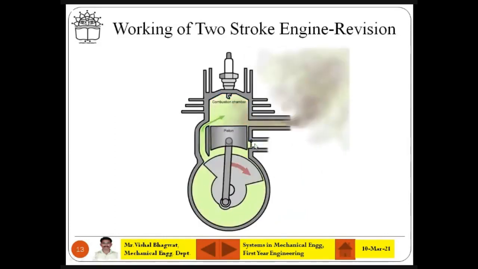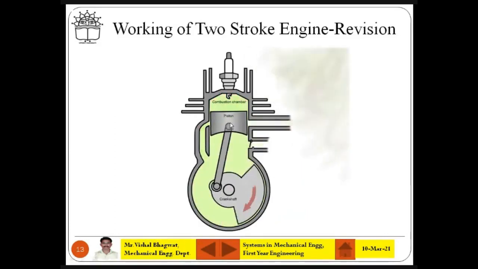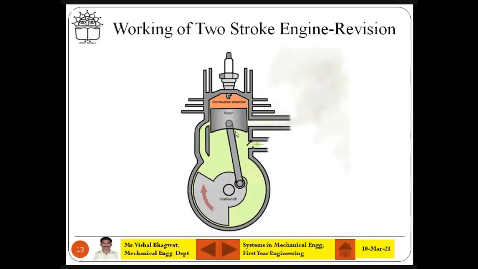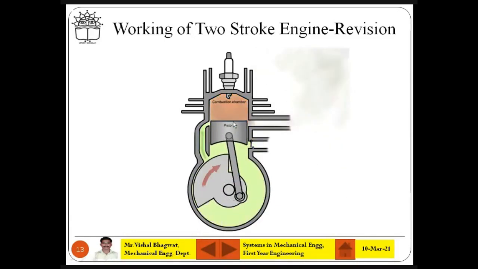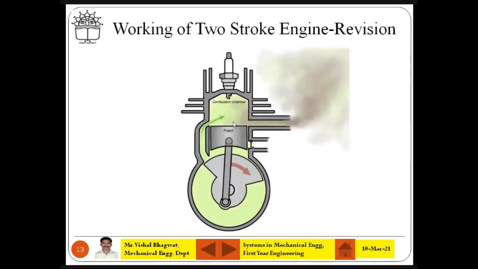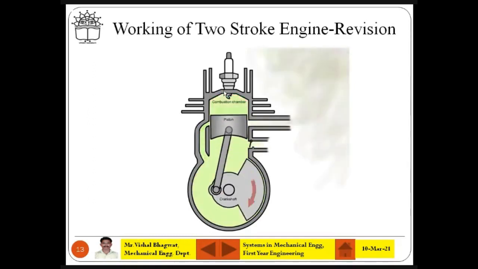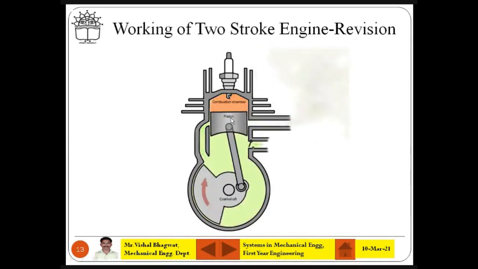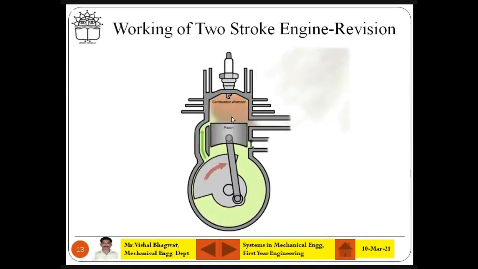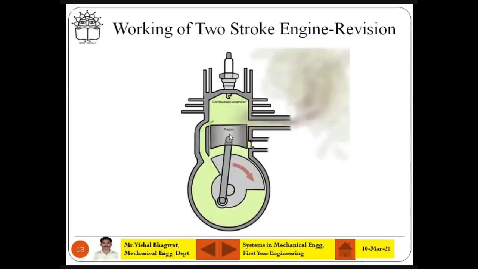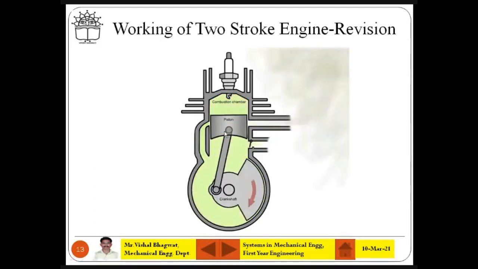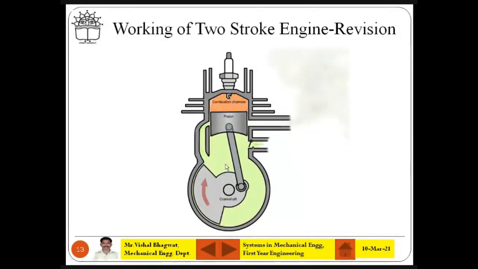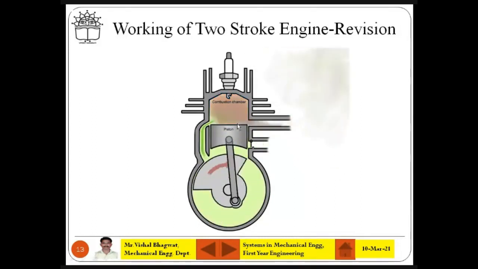2 स्ट्रोक में क्या है? 2 strokes. So only up and down movement of piston, and for this up and down movement of piston, all these things are happening. Means suction, compression, power, and exhaust. All these things are happening with these 2 strokes. Now you need to imagine, I mean understand, which are these 2 strokes. So I'll say upward movement of the piston is the first stroke. Downward movement is the second stroke. Only 2 strokes. अभी ये upward और downward के लिए क्या हो रहा है वो आपको समझना है.